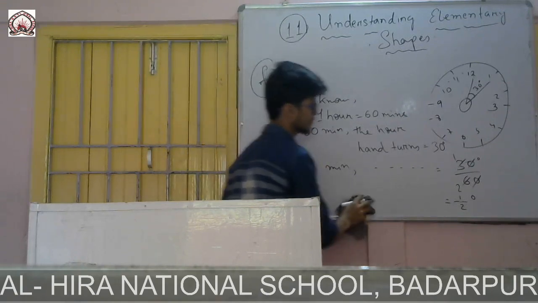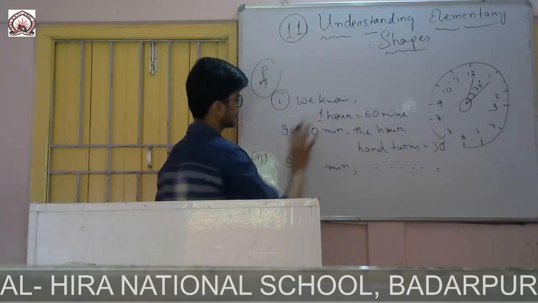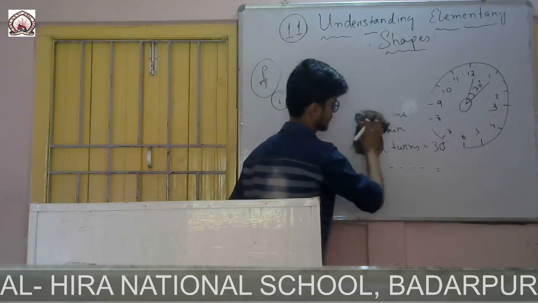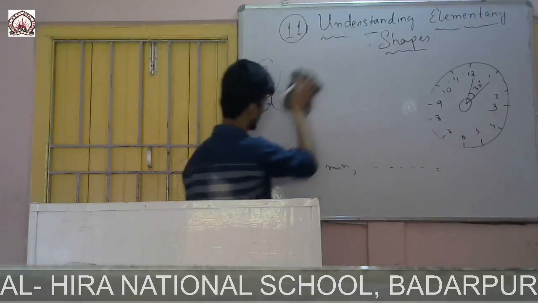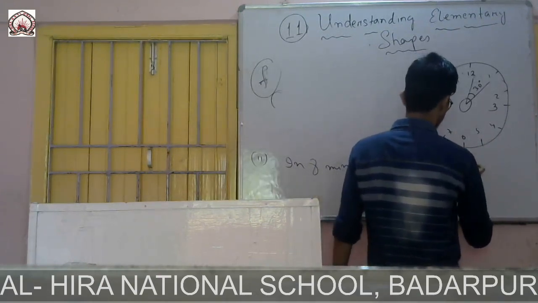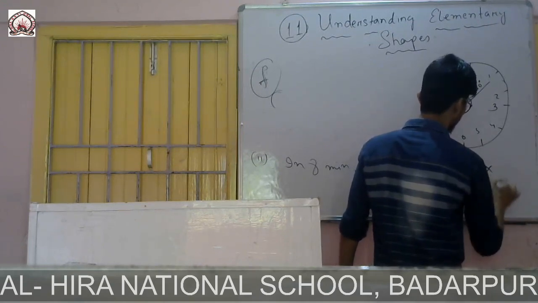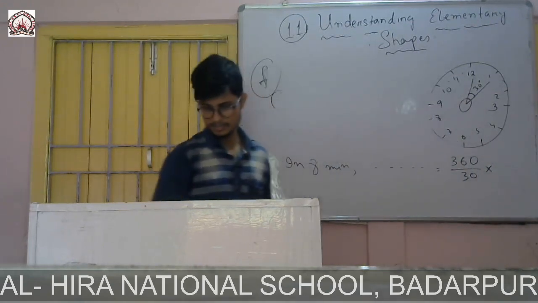In one minute, just... So Roman number 2, 1 to finished up to this much. In 8 minutes, it will turn how much? 360 by 30 in. Sorry, what I wrote? 60 by 30 to